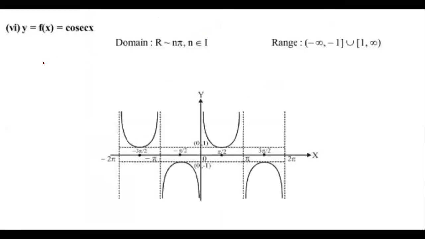Cosecant x. So that's why I'm giving the conclusion. The domain of cosecant x is the same as, what is the case, anyone? The domain of cot x. That's the meaning. Range, what is the range? Set of real numbers minus the open interval (-1, 1) only. So this is the graph.